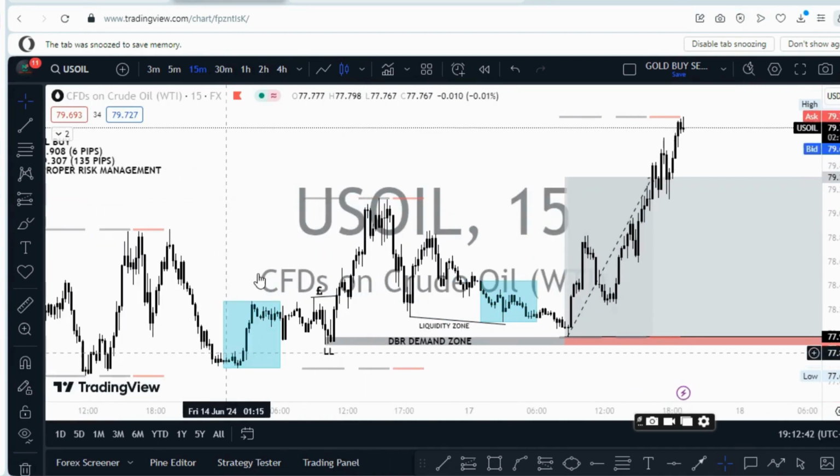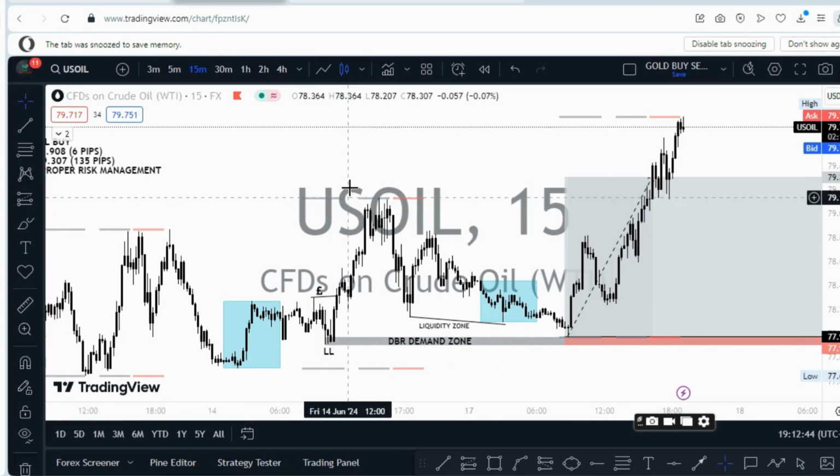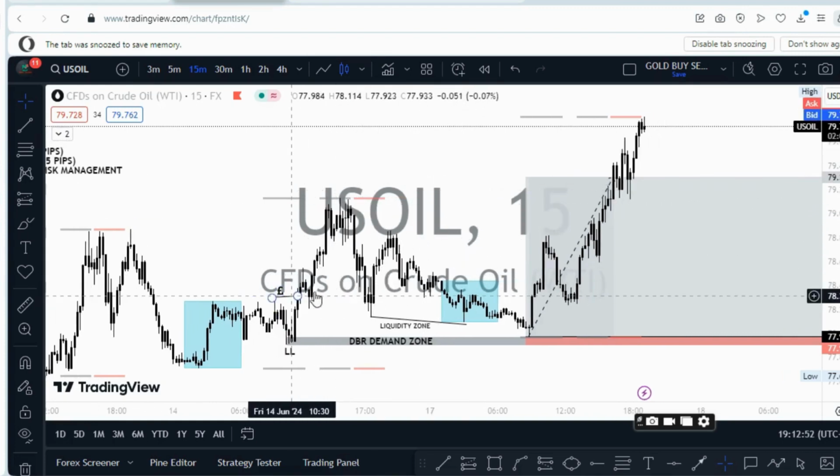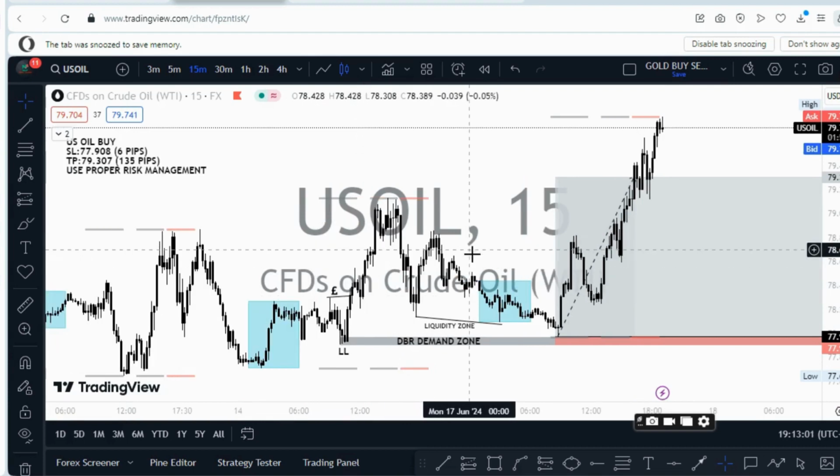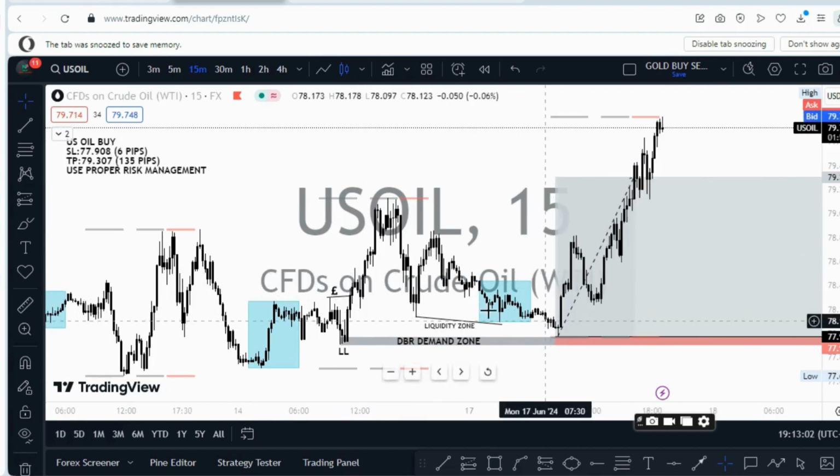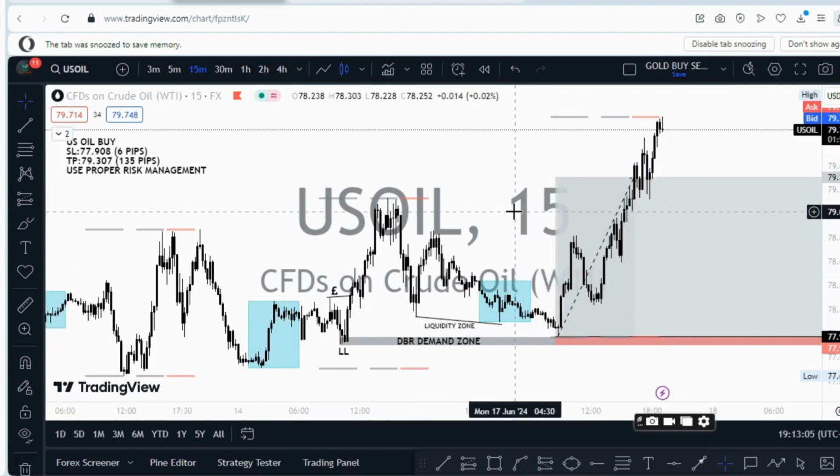Clearly, we had a nice drop base rally. Apart from that, look at the candles that broke structure. Very significant candles that I always look for in the market. When I saw that, I was like, okay, I'm interested. This is an efficient candle, therefore it always attracts price to that particular area. And then we also had this liquidity plus Asian session, which is a perfect combination.